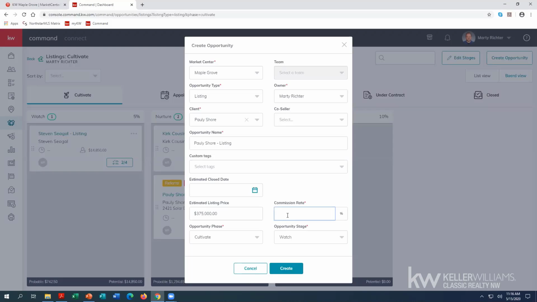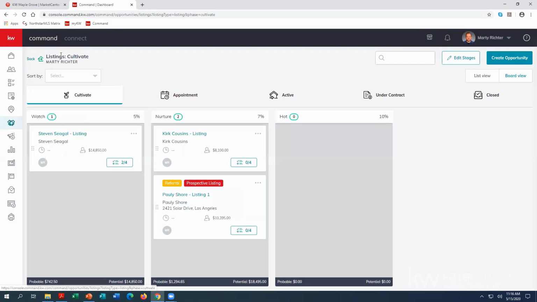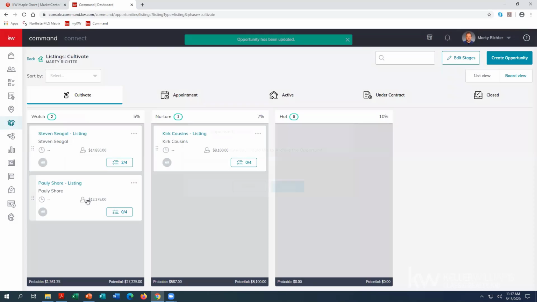With a commission rate, you set that up. I'm going to put 3.3 in there, and these are all changeable fields later. So I'm going to hit create. Now it created it, and then it went right into it so I can edit it. I can click on the pencil under these different fields to add additional info, or I'm going to go back. You can see it's right here now. Ignore this one. This was my test one from before. There we go. So you can see I've got this right here, Pauly Shore's listing,